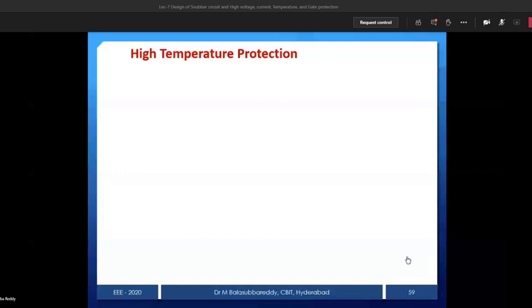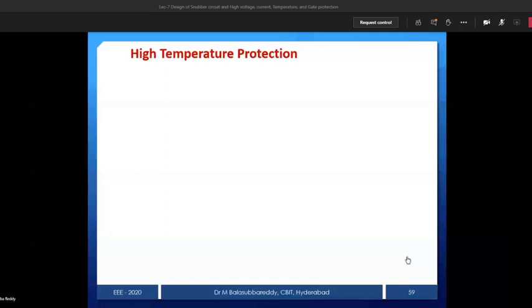Similarly, high temperature protection. Quite often, overcurrent leads to high temperature in turn, so how to protect against that temperature? Once temperature rises, as I showed previously, I square R losses increase and temperature will rise. If you do not prevent the temperature rise, automatically the device will be damaged. That's why you can make use of what I told there itself in the turn on methods. How will you prevent thermal triggering or temperature triggering?